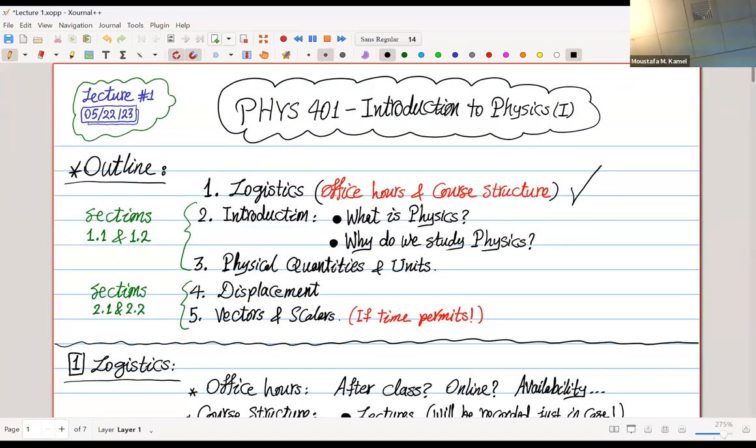So we defined physics and we motivated why we do physics and we stated some applications of physics. Then we moved on to physics as an experimental science. As an experimental science, we need quantities. So we defined physical quantities. And then we need to measure these physical quantities. So we introduced standardized units so we can agree upon widely all over the world and communicate information.